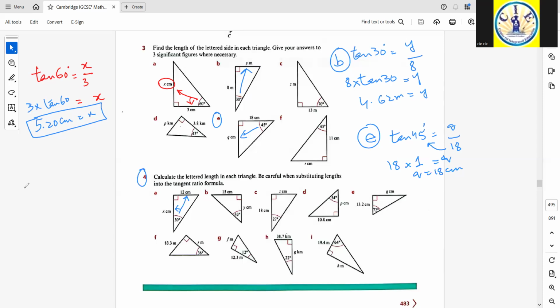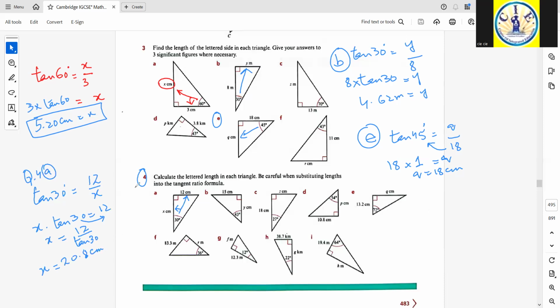So question 4, part A, tangent of 30 degrees is equal to the opposite side, that is 12, divided by x. Now to calculate this x, again, you need to cross multiply it with tangent 30, x times tangent 30, that is equal to 12. Now an additional step is to shift this tangent 30 to this side. 12 divided by tangent 30. Using your calculator, you can have the answer to be 20.8